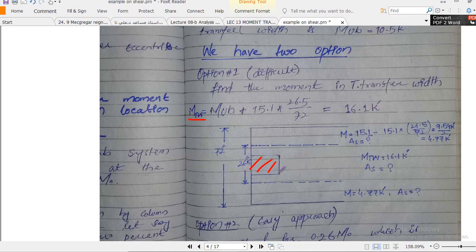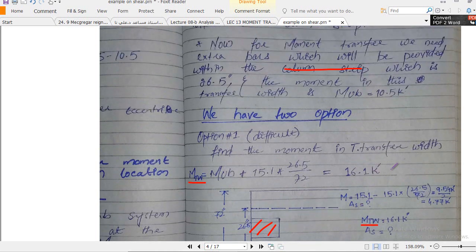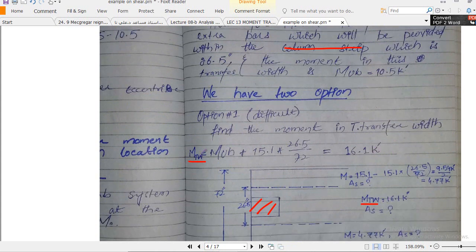This is the width in which basically the moment is transferred from the slab to the column, right? And 72 inch is the column strip width, right? Now the moment in this transfer width is denoted by MTW, right? And you see here how to determine that MTW as MUB plus